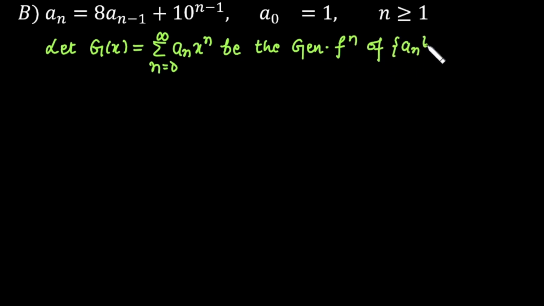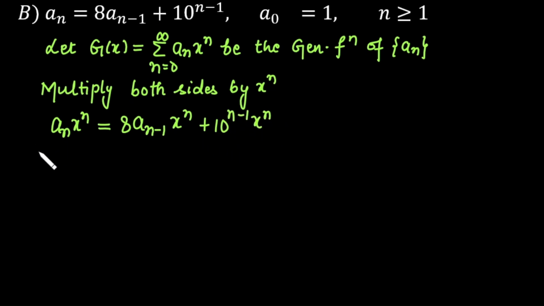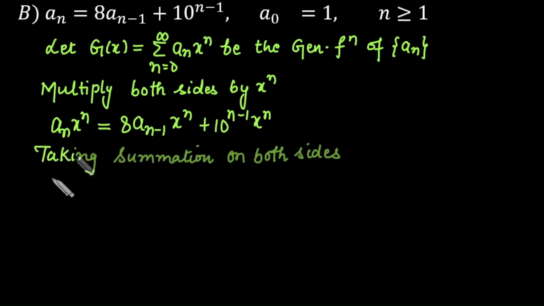Then multiply both sides by x raised to power n. When you do so, we have an x raised to power n is equal to 8 times a n minus 1 x raised to power n plus 10 raised to power n minus 1 x raised to power n. Now taking summation on both sides, we can write summation an x raised to power n